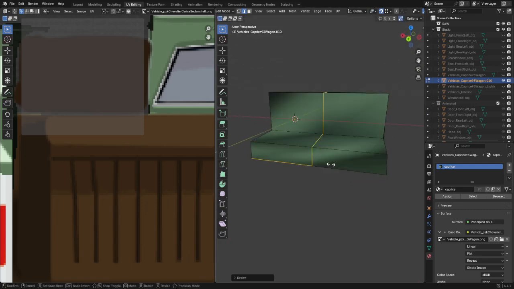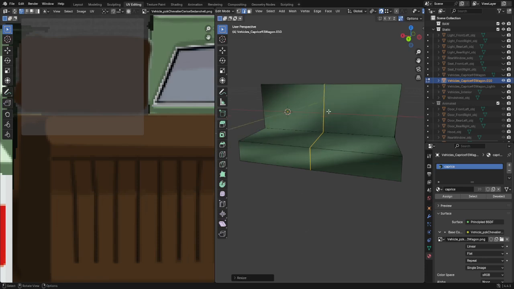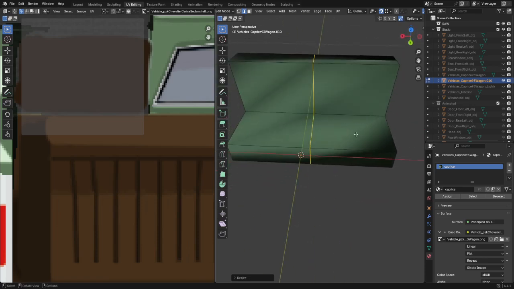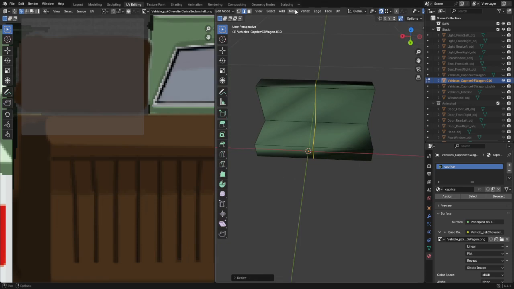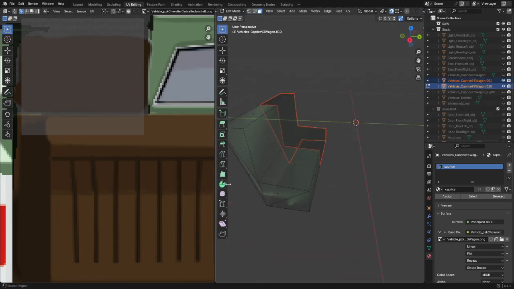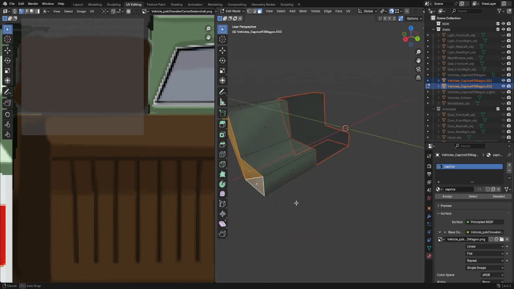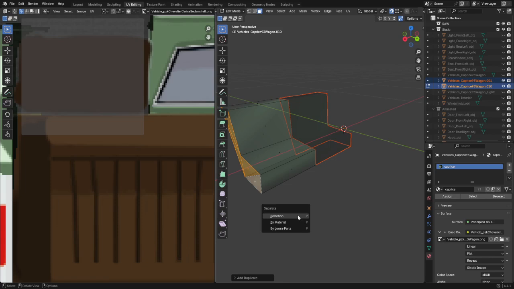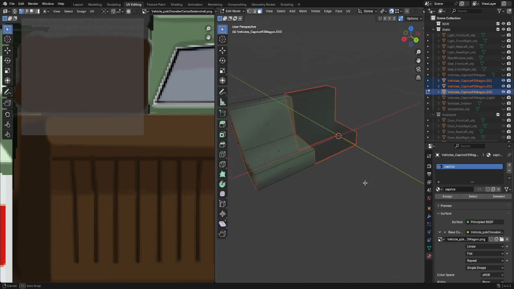Next is Control R and select down the middle, scale by X to 0. So it's perfectly straight. Good. And now we can cut it in two. So select faces, all of those, separate into its own object. Select all those, duplicate, separate selection, and